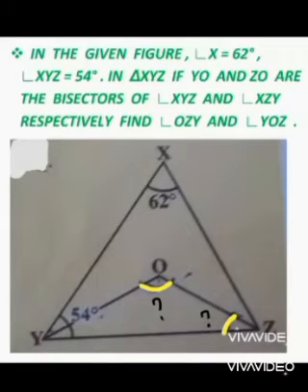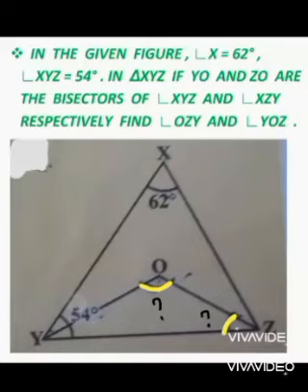So in triangle XYZ, angle X they have given as 62 degrees. And here angle Y they have given 54 degrees, means XYZ, 54 degrees. And next what they have given, OY is a bisector of angle XYZ. As OY is a bisector of XYZ, angle XYO,